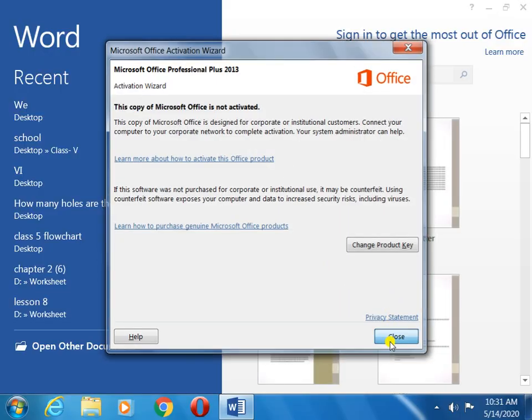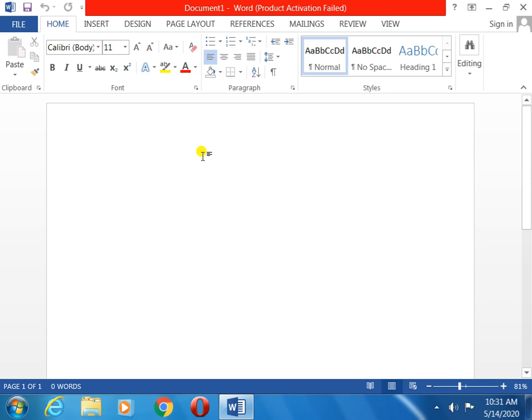Now a blank document came because I am using 2013. This is the MS Word document page. You can write a paragraph, a letter, a story, an article of a magazine, whatever you want. After that you will save inside the folder.